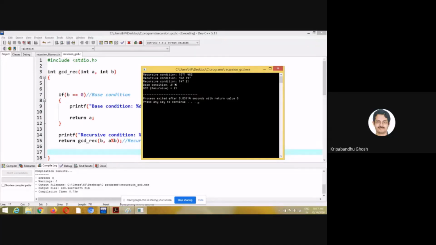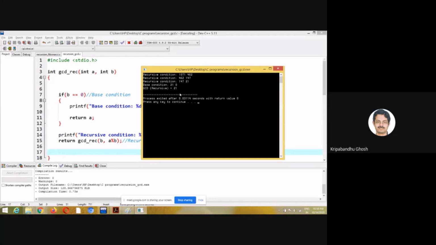So here, this follows Euclid's algorithm in a more dedicated way. 21 is now dividing 147. You can see that 21 into 7 is 147, right? But I am going another step, again doing the same thing, and I am waiting till this part is 0. So this B has come to A when this B becomes 0. So this is the same as doing this. So 21 is the output.